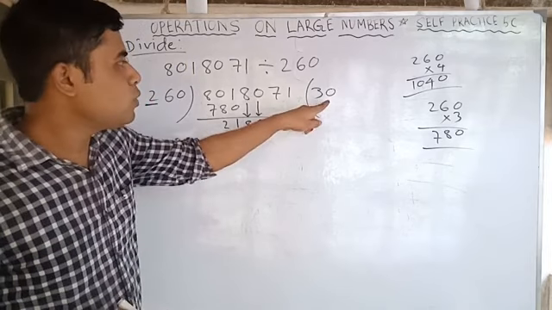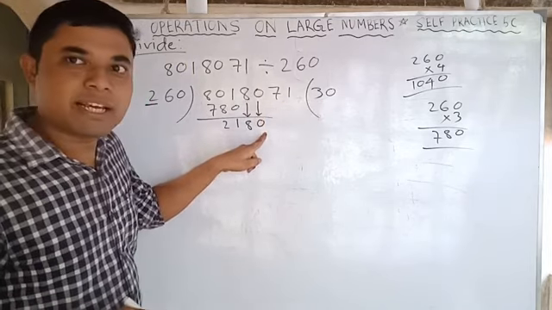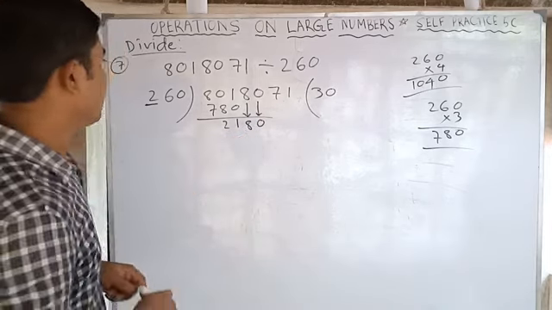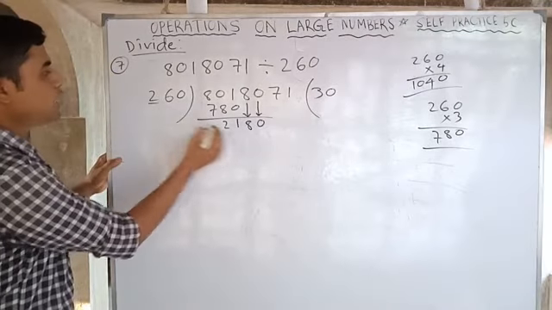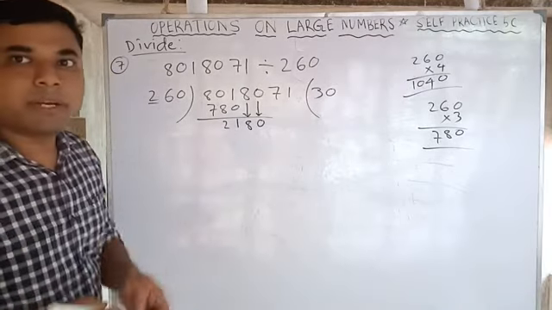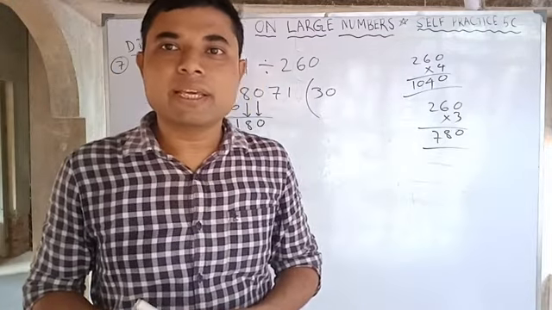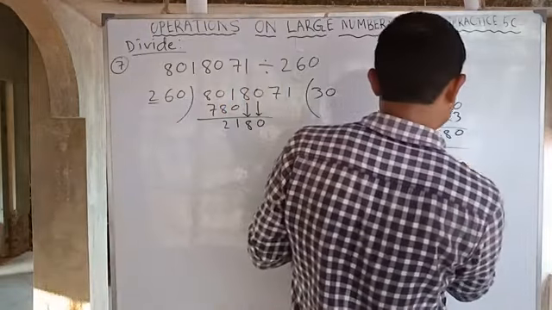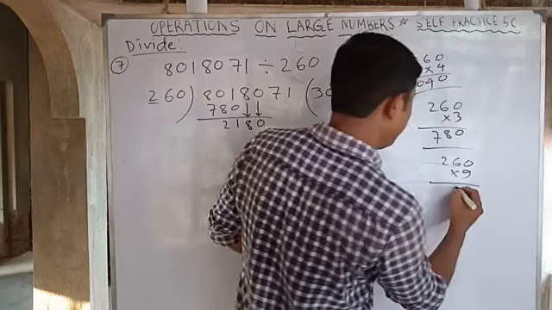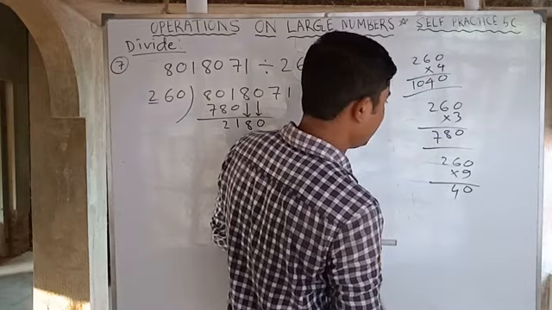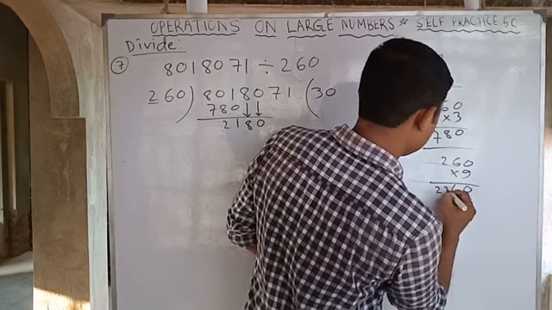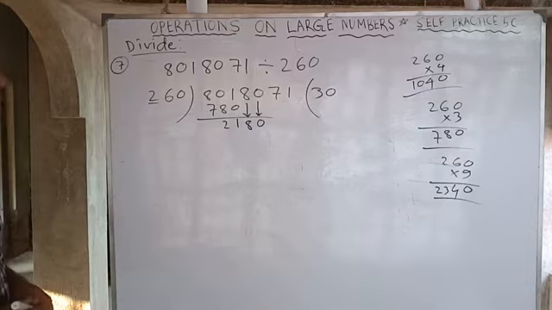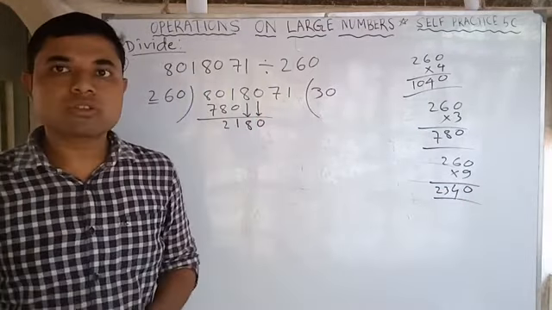Otherwise you put directly 0 and take down that next digit. Is it clear? Now we will check for 2180. Now my dear student, look, it is 2 and it is 21. That means 2 tens are 20. We cannot take by 10. So check for 9. So 260 by 9: 0, 54, 18 and 5, 23. 2340. Is it clear? So what you have seen, it is greater, so we cannot take 9.